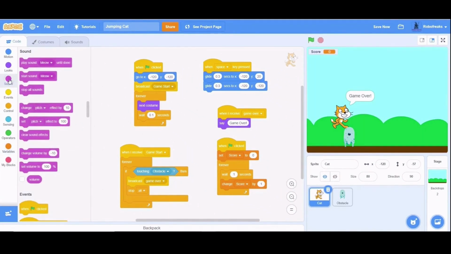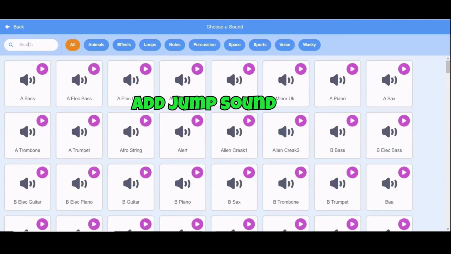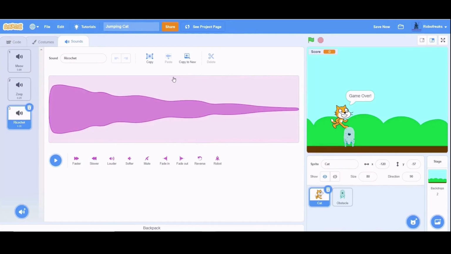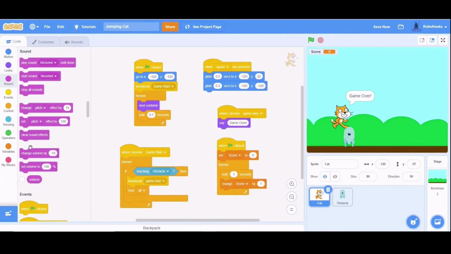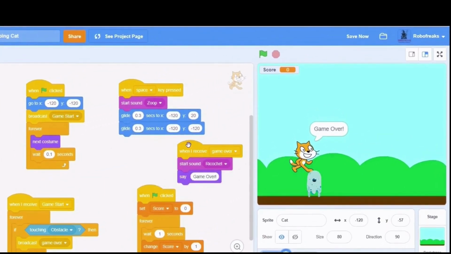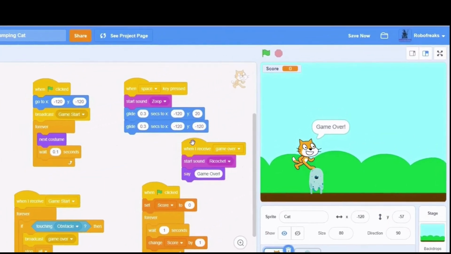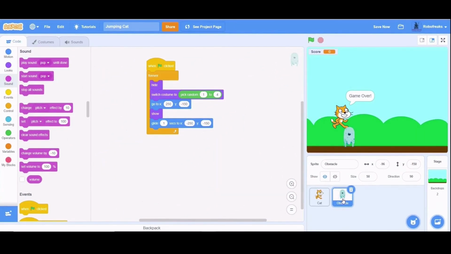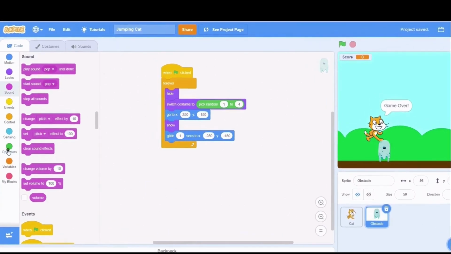Let's add some final touches. Like when our cat jumps, I will play a jump sound. And when the game finishes, I will play a crashing sound. To make the game a little more difficult, I will increase or decrease the speed of obstacles randomly.